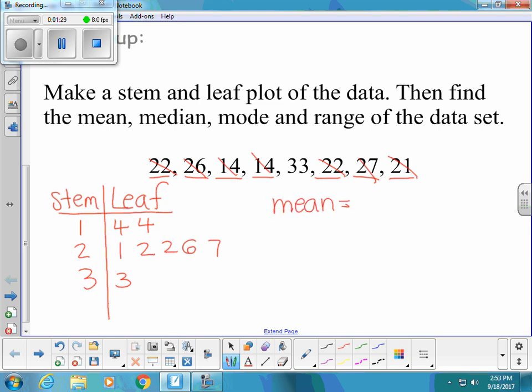And for mean, median, and mode. For mean, you want to add up your numbers and divide by the amount. So for mean, 14 plus 14 plus 21 plus 22 plus 22